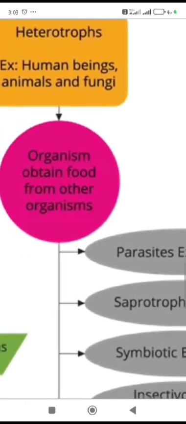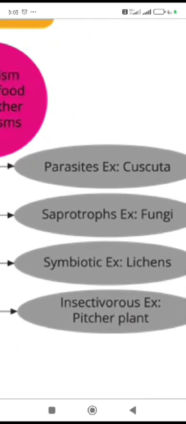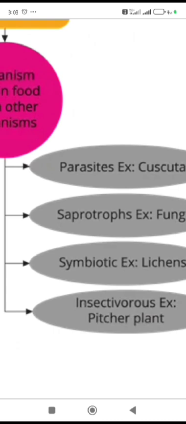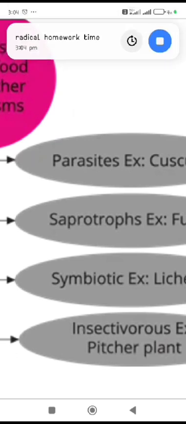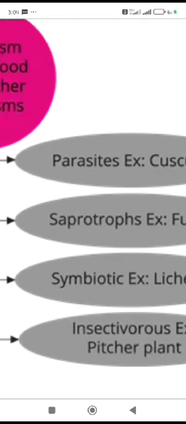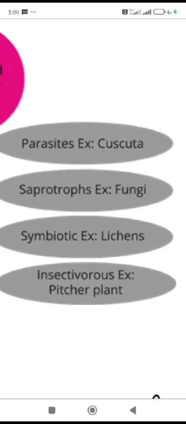The first category is parasites. Parasitic nutrition is a mode in which two plants are there. One will be in benefit, but the other one will be at a loss. Here these plants have special roots which insert into the host plant. By the use of these haustorial roots, they take the food from the host plants and live in the environment. An example is Cuscuta. Cuscuta's common name is Amarbel. These plants completely damage the host plants.